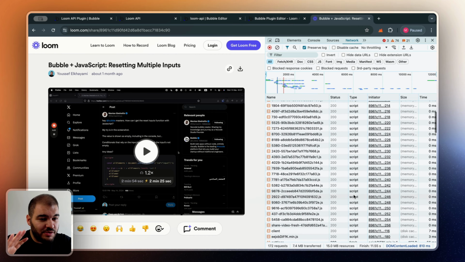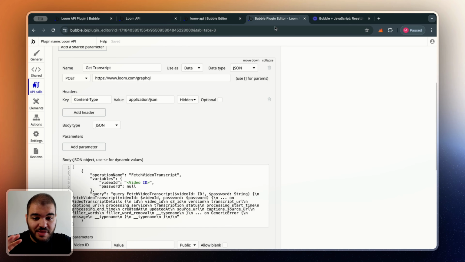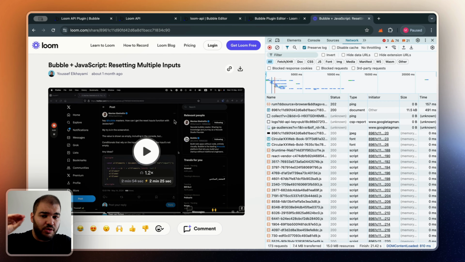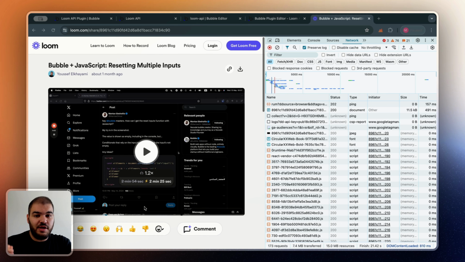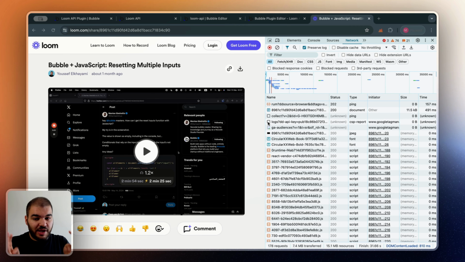And there's a few in here that are going to be this API call, because Loom needs to fetch comments so that they can show it on their page. They need to fetch the transcript so that they can show it over here. And this is a public page. Anyone that can access this link can see the comments and views. That is ultimately the biggest clue that allowed us to build this plugin, because we knew that if you can, without authentication, see the comments and see the transcript, it means that all we have to do is find which API call is the one that is fetching that data,